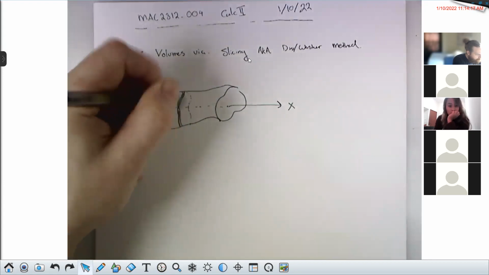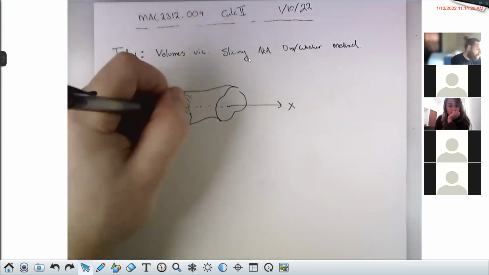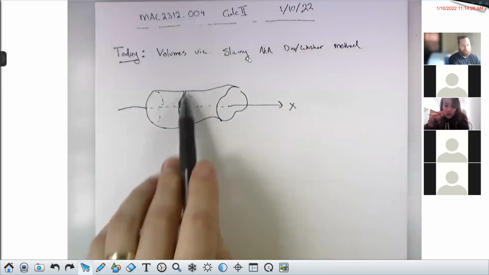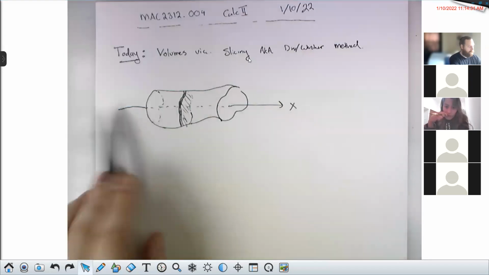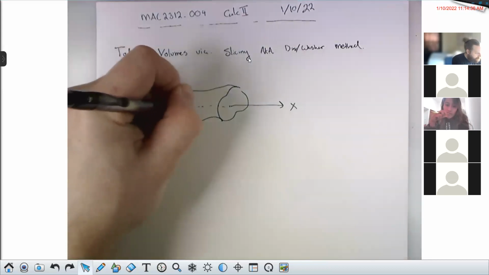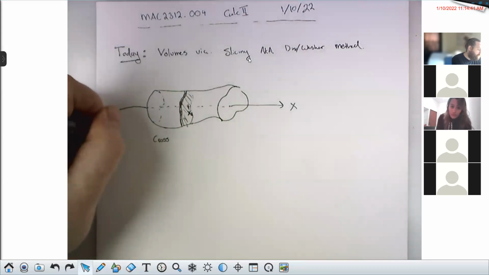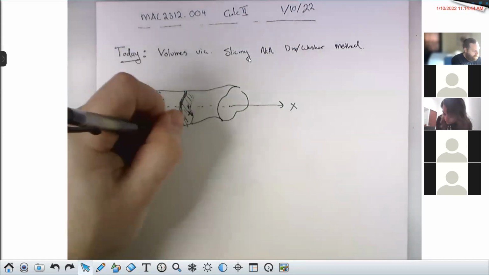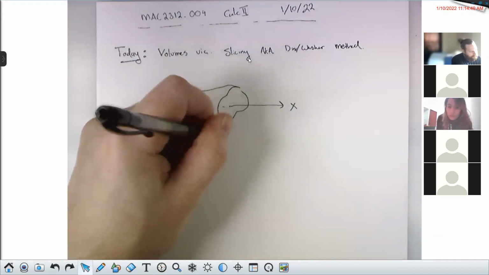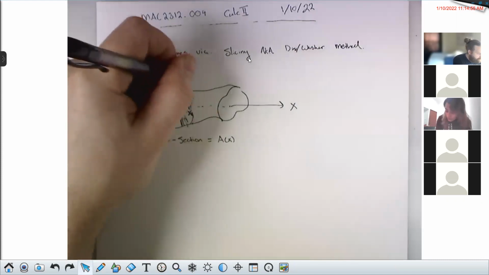Take just a little slice of it. And then you're thinking of this whole object as being a bunch of little slices like these stacked up on top of each other. So if I say this slice is at position x and the area of the cross section is A of x, and the thickness of this little slice is dx,